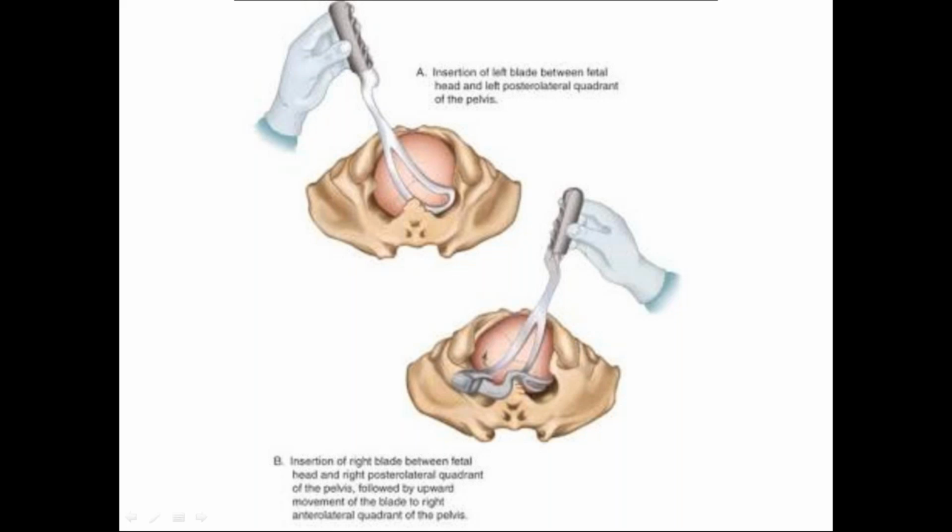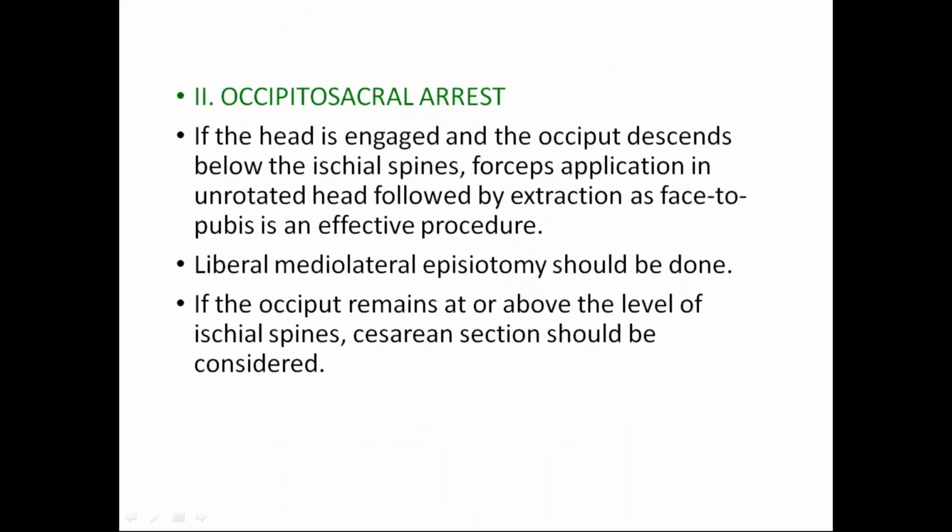So what are the methods we can employ? In occiput sacral position, with adequate size of the baby and good uterine contraction, the baby will rotate to pubis lateral. In this case, if it does not, again there may be ventouse or forceps applied. The ventouse has to be applied toward the occiput side, and flexion has to be done. Otherwise, forceps can be applied and deliver the baby, occiput posterior.